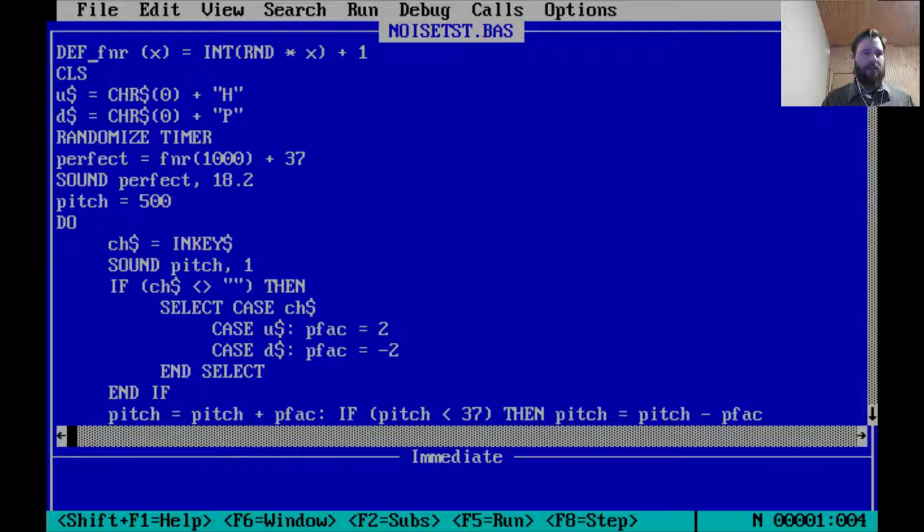So let us go through this. Random number, clear the screen. uString equals CHR string plus H. So this, again, as before, we've seen this. This is a way of capturing the arrow keys. I only needed the up and down arrow keys. Randomize the timer. Now perfect is a random number between 1000, and then I add 37. So this is actually going to be a random number between 38 all the way up to 1037. Okay, and then I do the sound